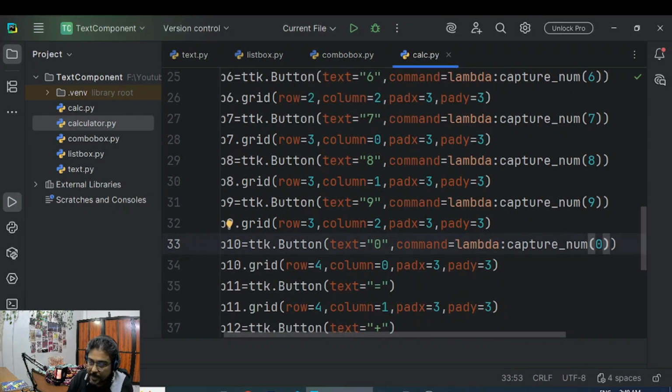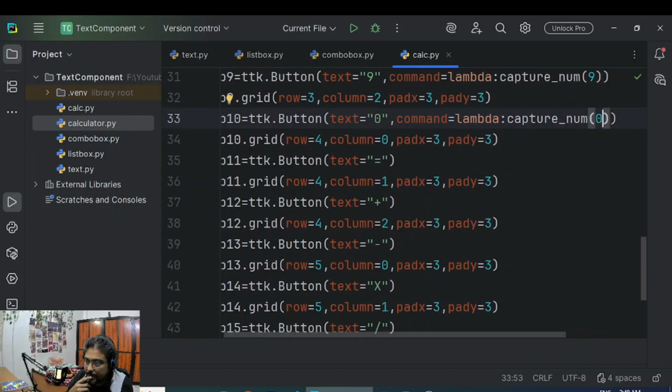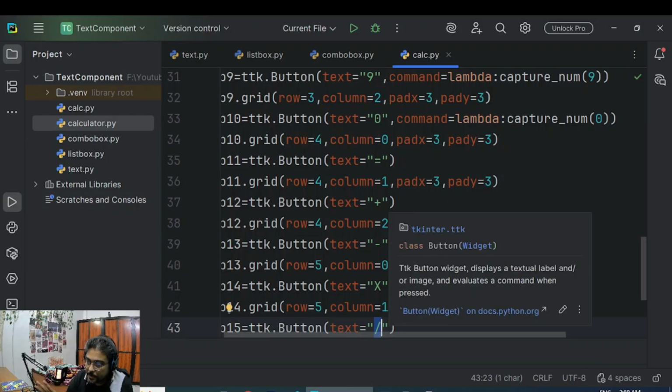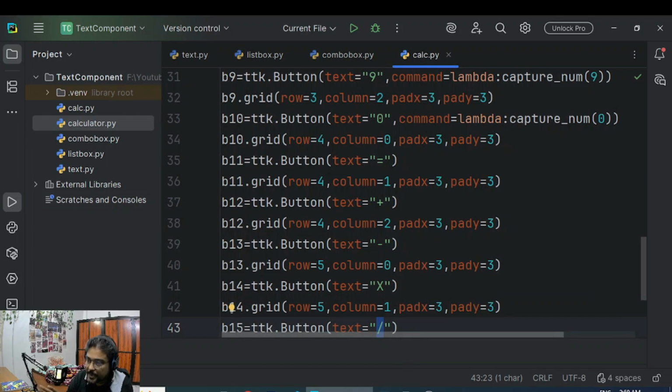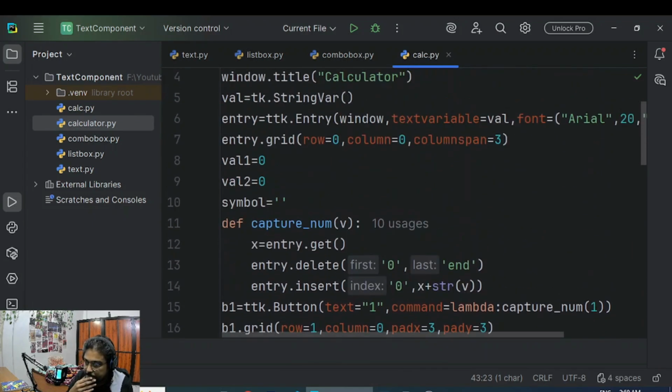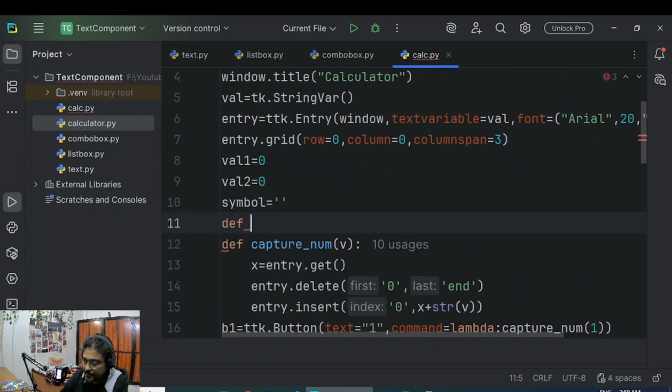Now the second thing should happen. When I click on any of these operations like addition, subtraction, multiplication or division, what should happen? The number which was previously present should be taken out and stored somewhere, and then we will store the symbol which was clicked. And last, we have to remove everything from the entry box so that the next number can be added. So let's define one more function. Here we will say def, name the function capture symbol,